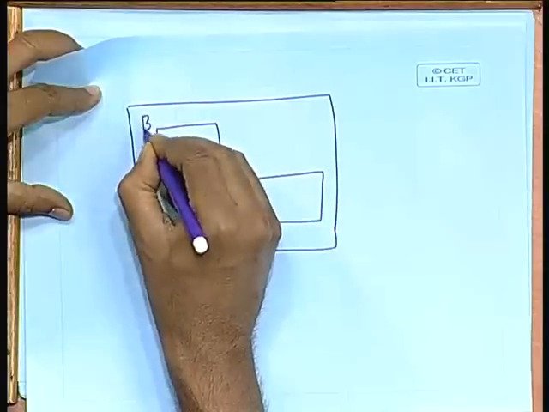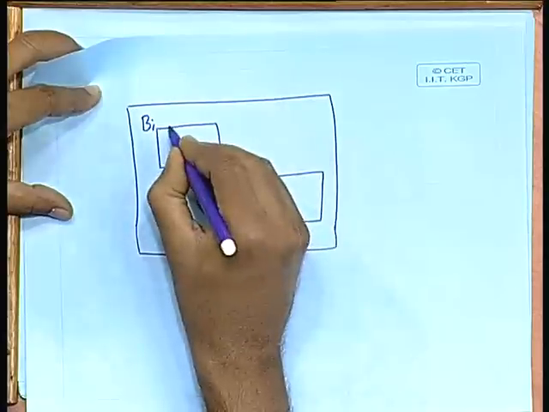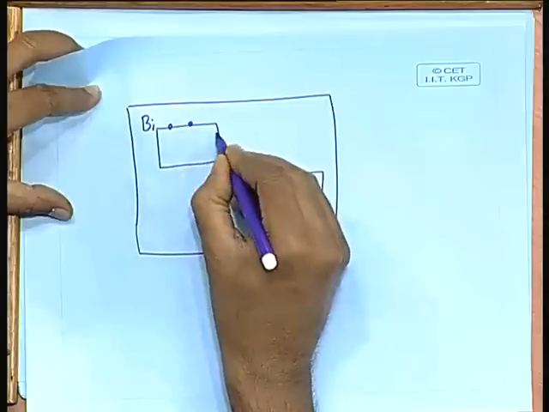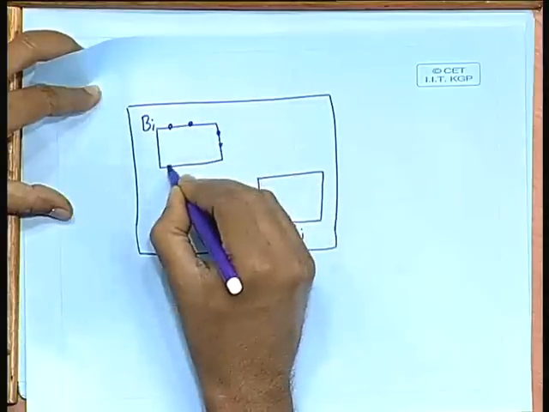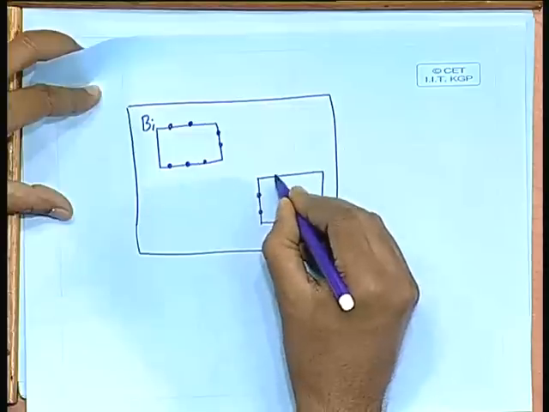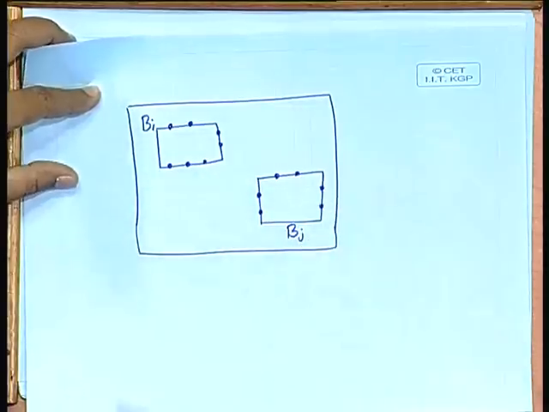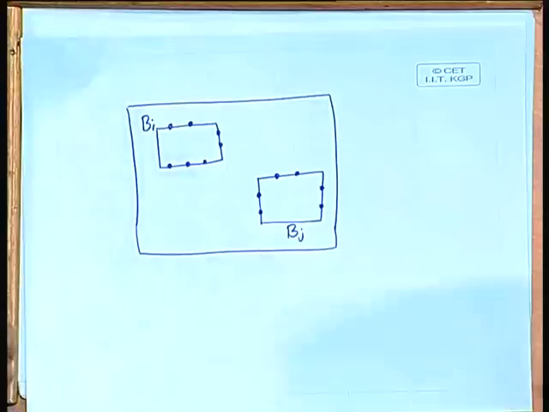Say this is block BI and this is block BJ. Now, each of these blocks can have several interconnecting pins or signal points. This may also have several. Now, the way distance is estimated is like this: for the sake of estimating the distance of interconnection